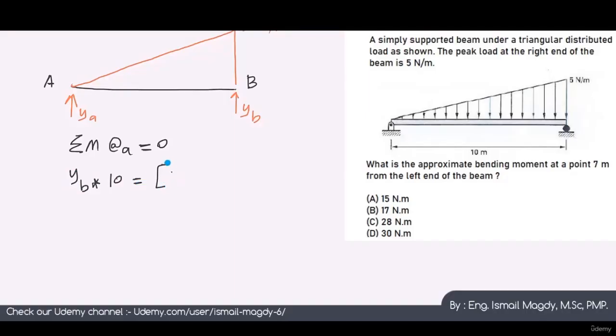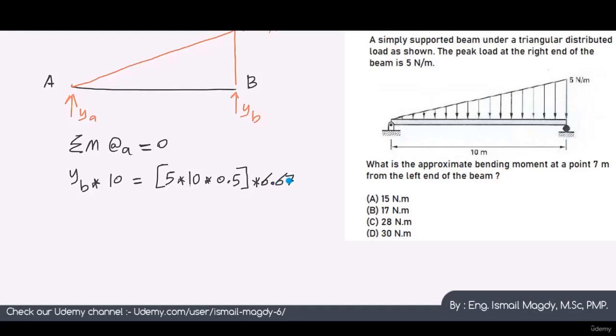we need to calculate the area of the triangular distributed load, and the location of the resultant. So it is 5 multiplied by 10 multiplied by 0.5. This is the value of the resultant, which is the area of this triangle shape. 10 multiplied by 5 by half, because this is a triangle shape, and this will be multiplied by the distance, which is